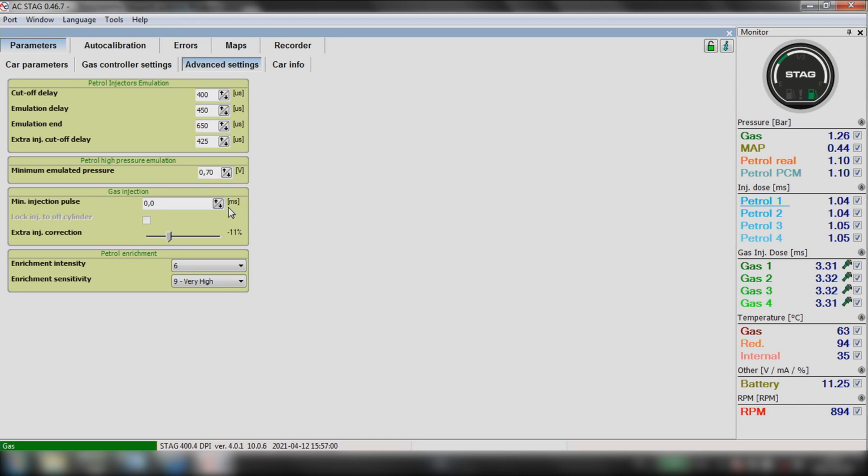Yeah, exactly. Next parameter we have is minimum injection pulse. This is a minimum gas injection pulse. And what can this function do? Sometimes in some cars we need to keep the minimum injection time on the gas injectors, which allows us to open the injector properly. For example, in our injectors ACW02 or ACW03, we know from practice that the minimum injection time which allows proper operation of the injector is around 1.8,